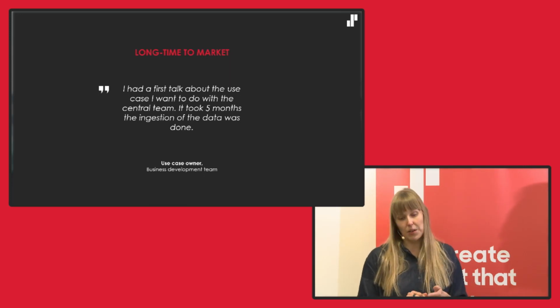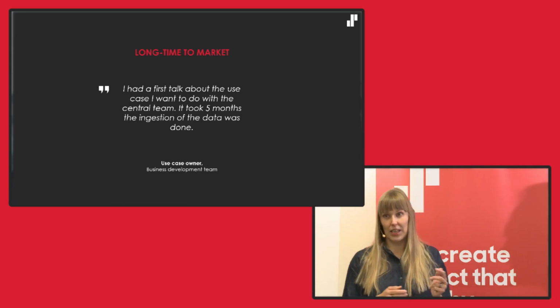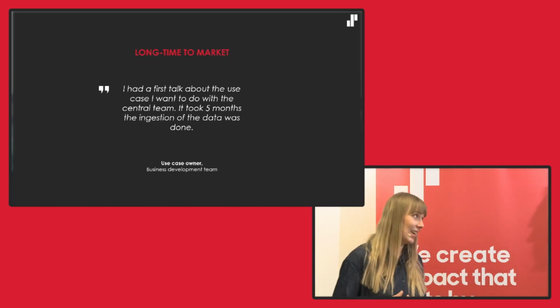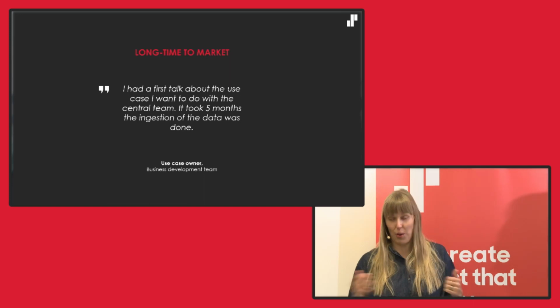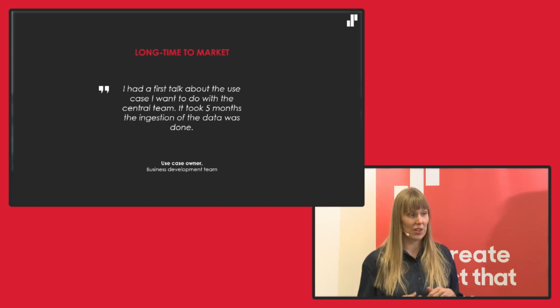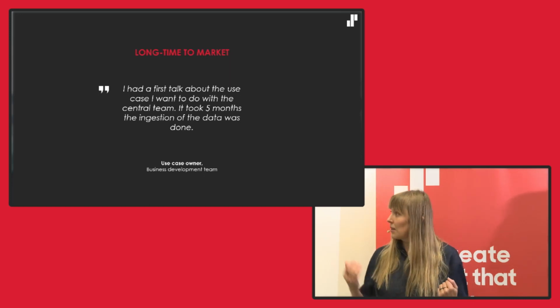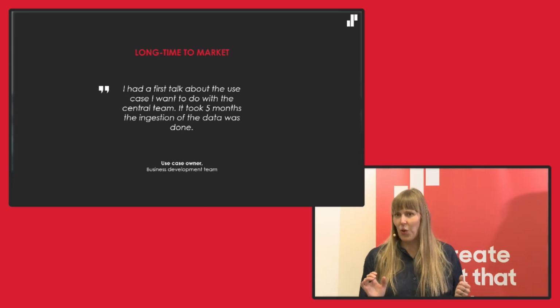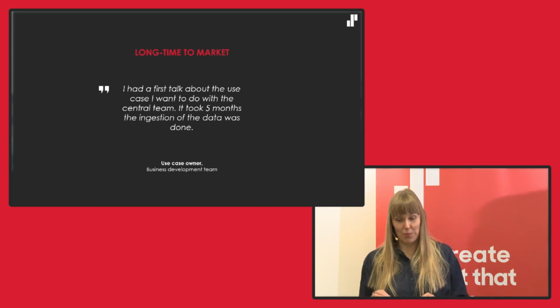And then there was a time when they needed to wait for the data to actually be ingested in a new data lake. So it just got this kind of backlog, of course, which is quite long for the centralized teams. But a 5 month delay to even be able to use the data is something you need to be solving if you want to do a data mesh approach.